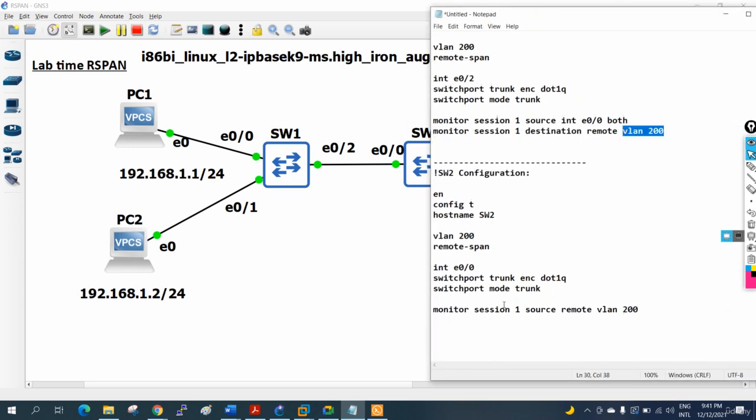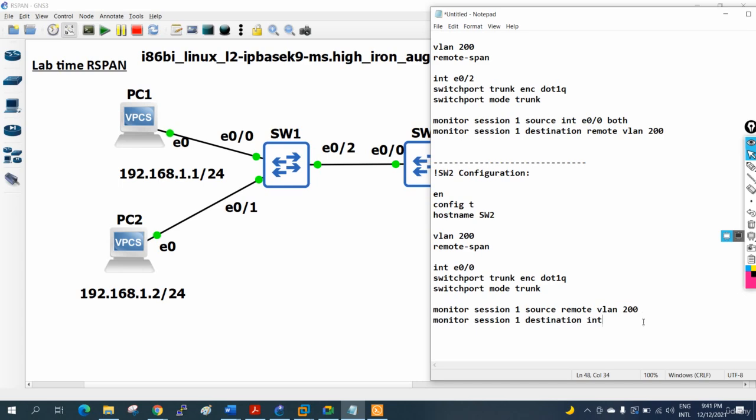Now we are saying to switch 2, take this traffic from here. Then monitor session, and we will write 1, we are using 1, then destination